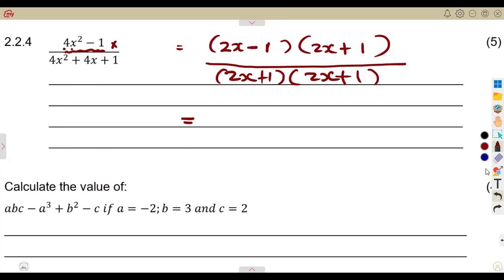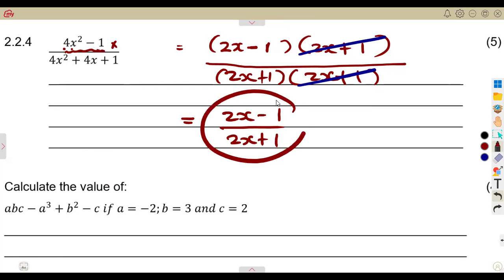Then you choose from there. All right. Anyways, let's divide. Since we are dividing, are there any brackets that are common? Yes, the 2x plus 1 is common to this 2x plus 1. So they can cancel. That's remaining on top with 2x minus 1 in the denominator with the 2x plus 1